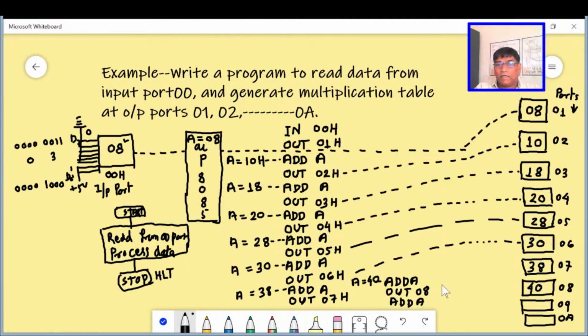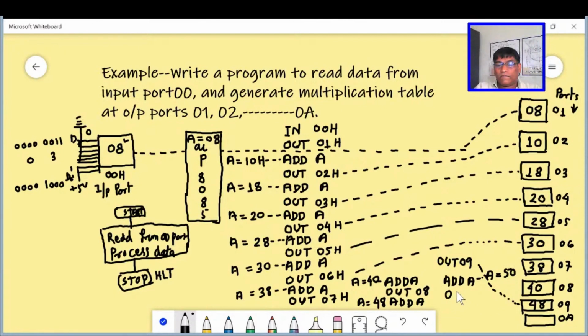Then again we have ADD A, and after this addition the accumulator content will be 48, and we use OUT 09H, and after this instruction this will have 48. Again we have ADD A. After this ADD A the accumulator content will be 50.